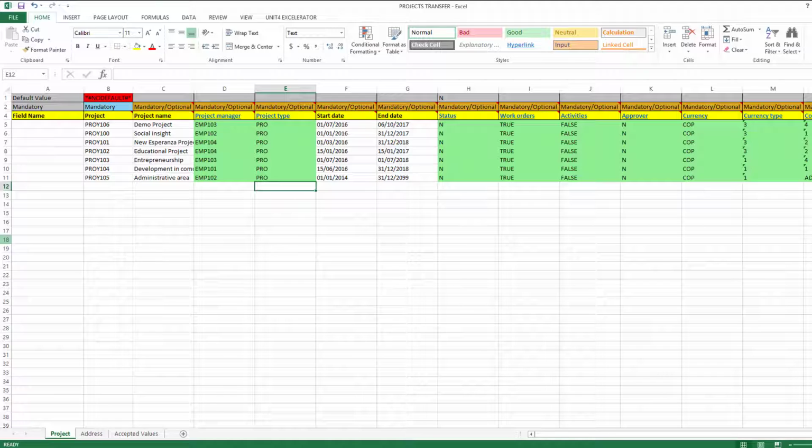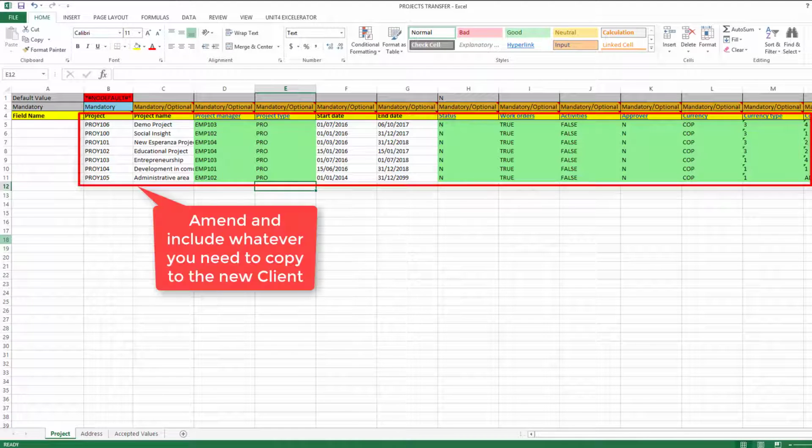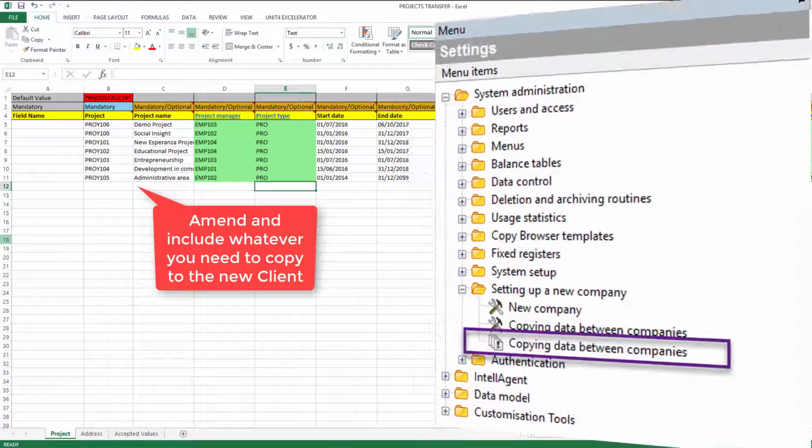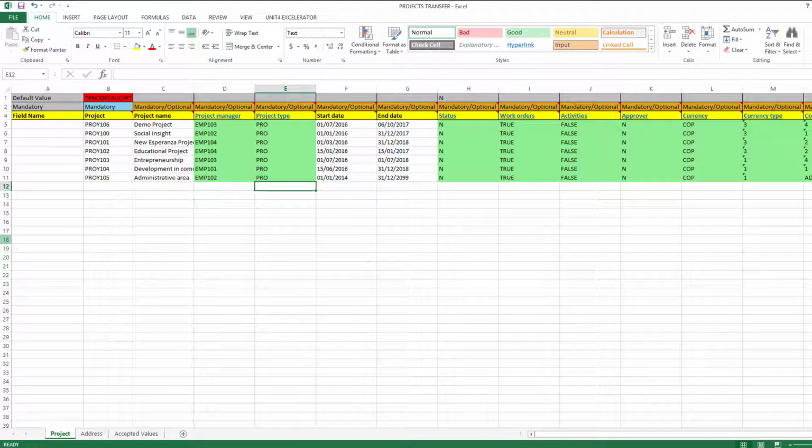Once you have the data retrieved, one of the advantages of this functionality of the GCON4 MFL is that you can amend the spreadsheet and include only the information you want, which you cannot do if you use the AG09 process, where you can only select the tables. Once you have your spreadsheet with the information you want to transfer to the new client, just save the template,